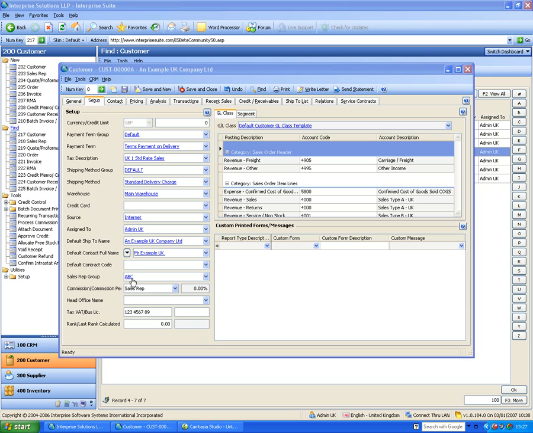and down here we have things like is there a rep assigned to them as default, even though you can assign to every order or invoice a different sales rep or multiple sales reps, so you can split the commission. We have full commission processing functionality. Then what's their VAT registration and registration number, and we also have something called customer ranking, and